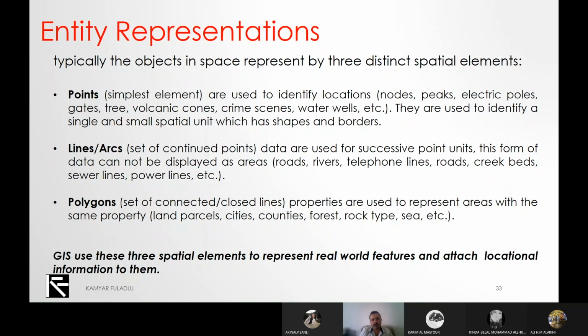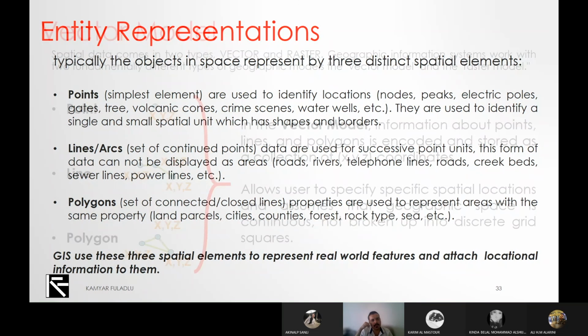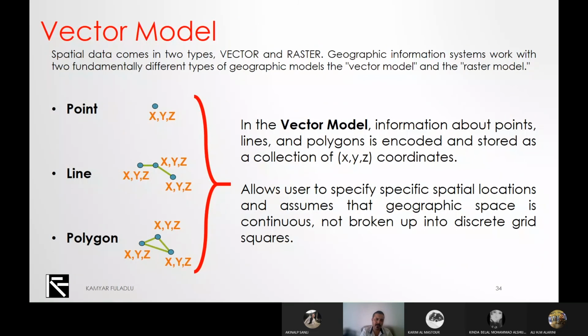Now, let's come to the vectorial. What is a vectorial? What is a spatial? What is a raster? As I said, we have two main topologies to represent the information or layer. One of them is vector, one of them is a raster. As you can see here, the vector can be specified by one point, which includes x, y, z, in